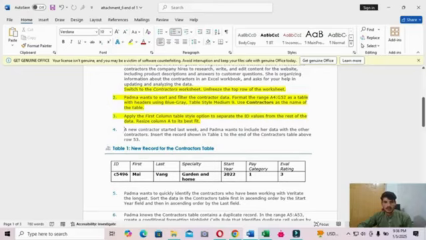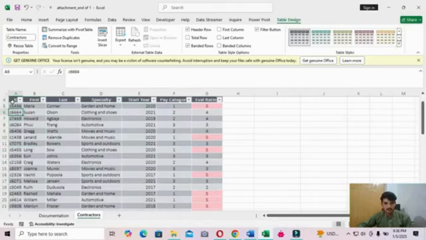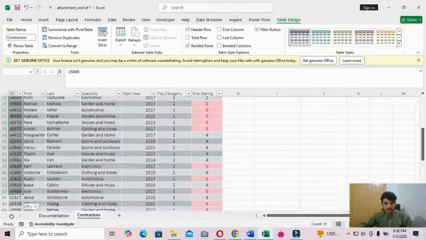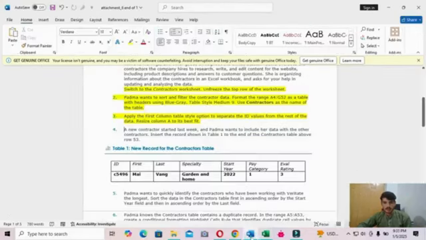Apply the First Column table style option to separate the ID value from the rest of the data. Resize column A to best fit. Okay, go back to the Excel sheet and select the column, and then use the First Column table style option.